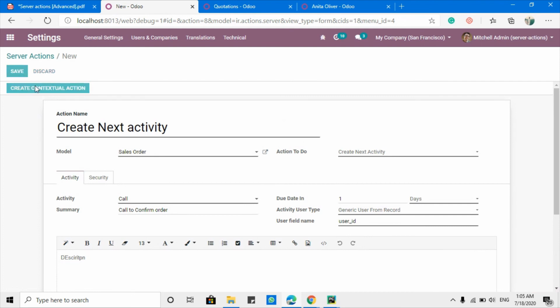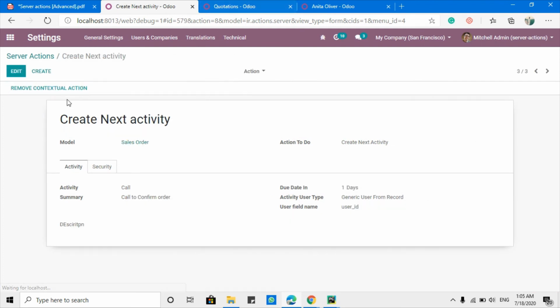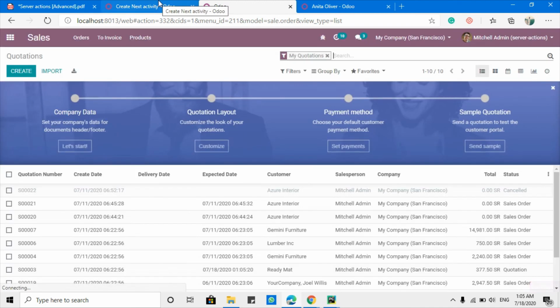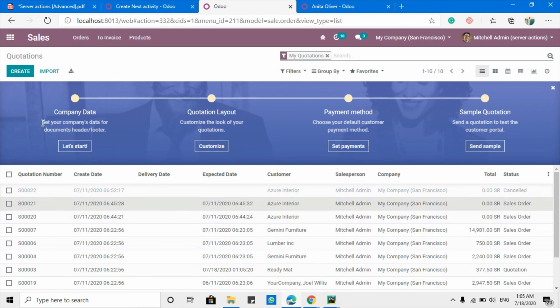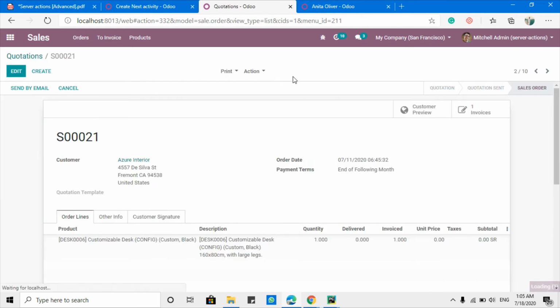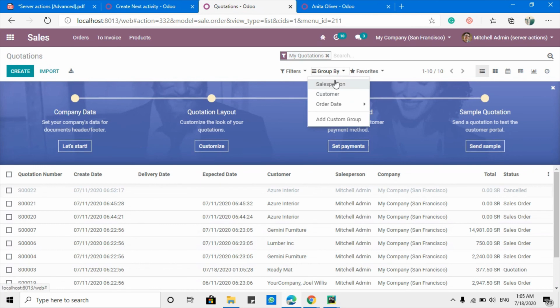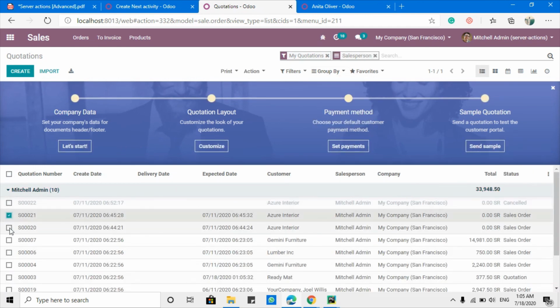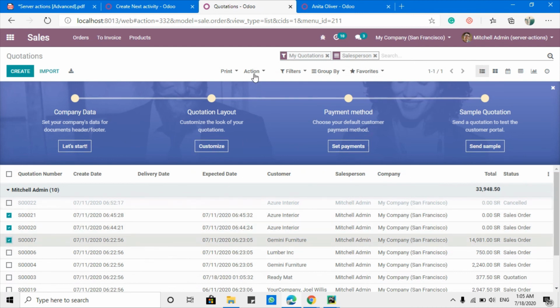So let me just save it and then click the create contextual menu button and then refresh the browser menu of quotations. Here you will be able to see this newly added action. For example, let me just group it by sale person. So all belong to the same sale person. Let me just select these 3 ones and I want to